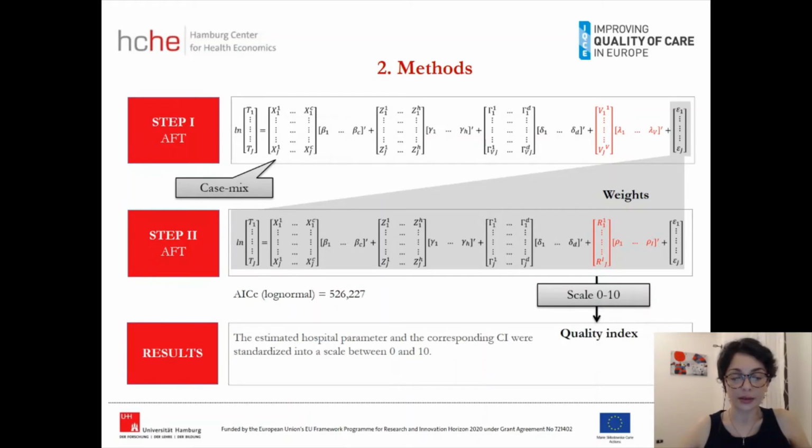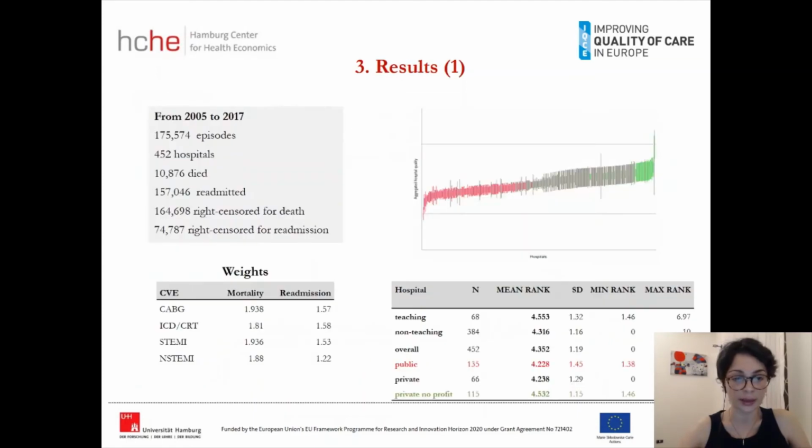The Akaike criterion shows the best fit for the log-normal distribution. From the second step AFT regression, we estimated the hospital parameter. Please notice that in the second step we replaced the hospital dummies specific for outcome and interventions in the first step with the hospital dummies themselves that we consider fixed effects. Then the hospital estimates and the corresponding confidence interval were standardized into a scale between 0 and 10, and we computed the quality index. So from 2005 to 2017 we ranked 452 hospitals,